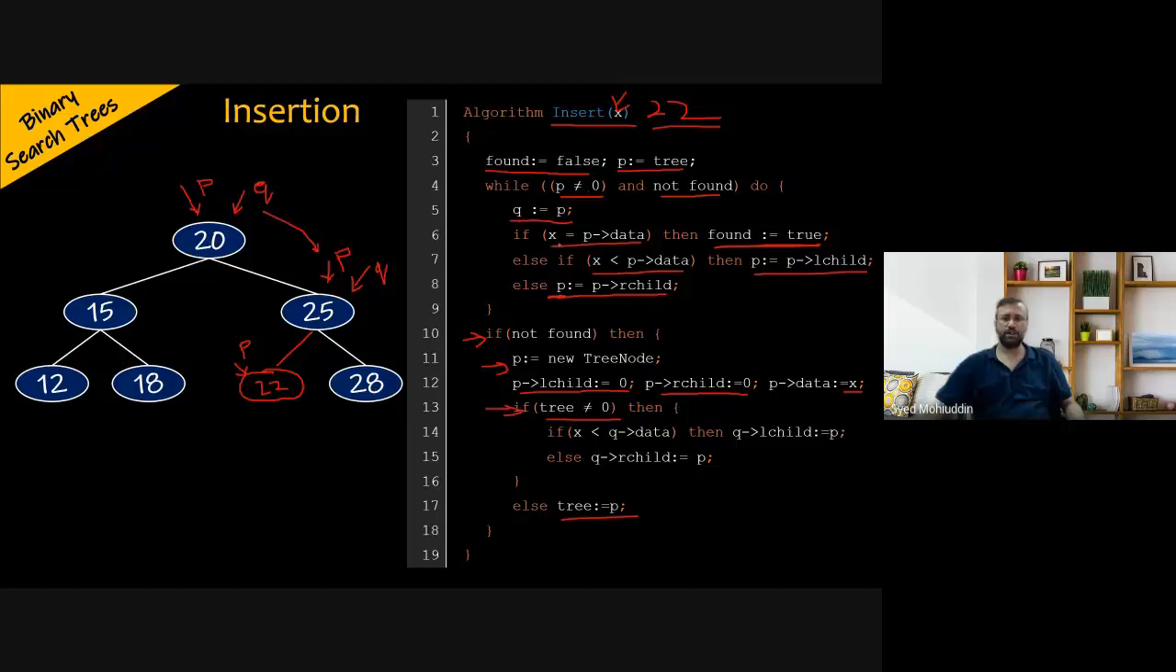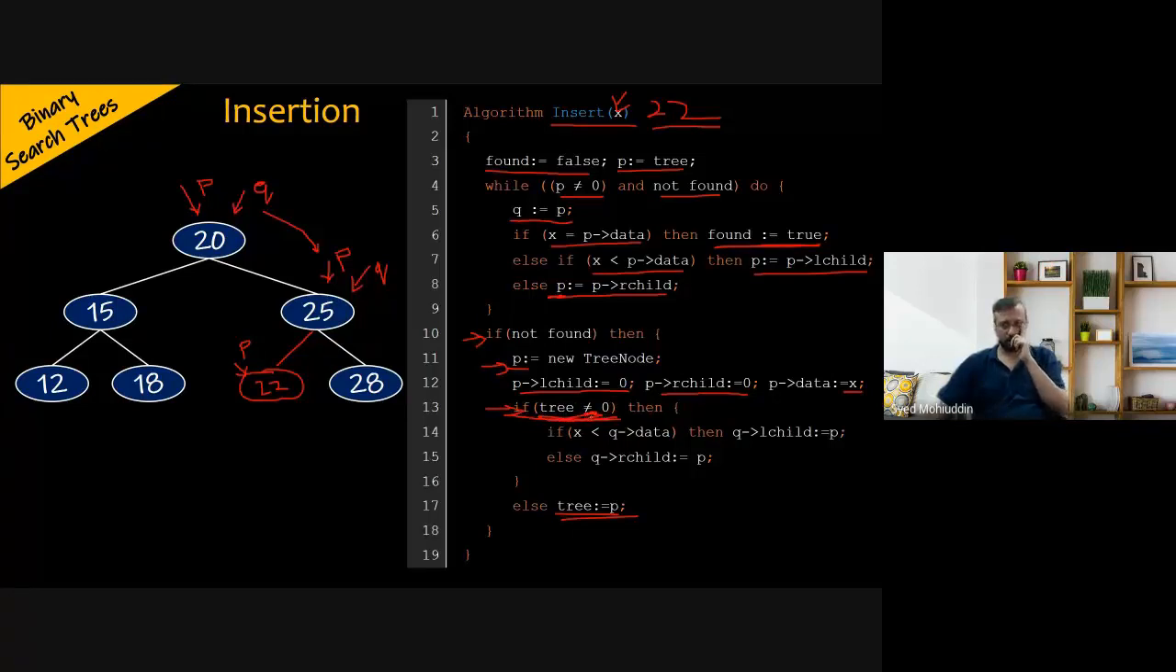This loop will not execute. We have not found. This will not execute. Else we have a tree. We make that P itself as the node, the root node for that tree. So tree will be assigned P itself, that is the node itself. If it's null, this new node will be there. But in this case, it's not, we are having elements. So the tree is not